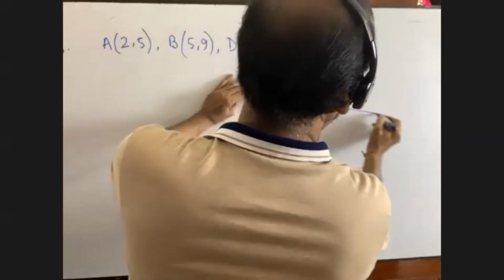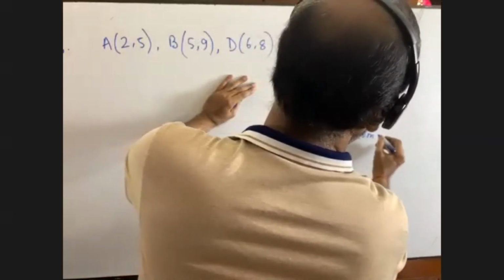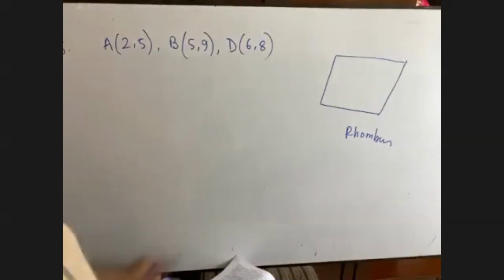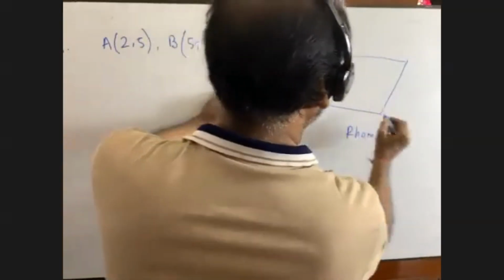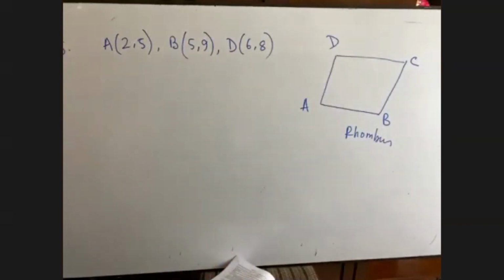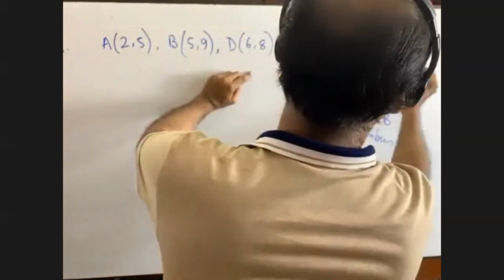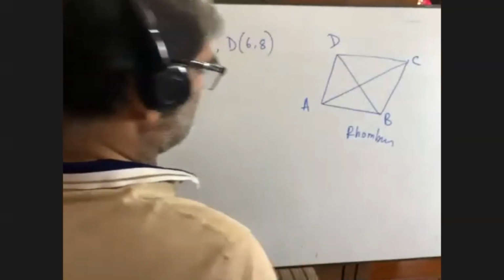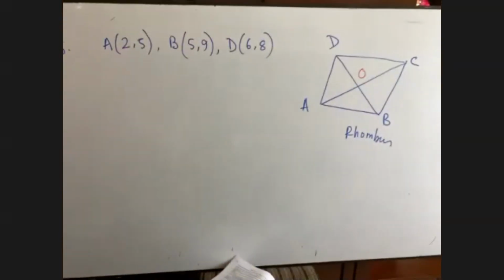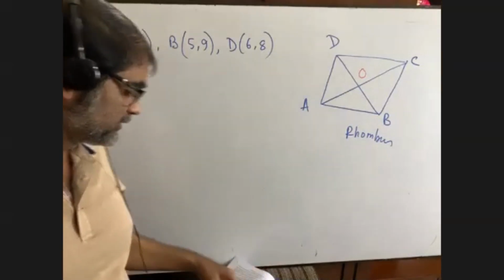It is a rhombus. It is told that in a rhombus. Okay, it is A, it is B, it is C, it is D. Find C. That day I told you how to find C, right? But today we'll do the math in another way. You join the diagonals, you get the diagonals, and you name it as O. I am going to show you another way. Okay, that's good. Write down.